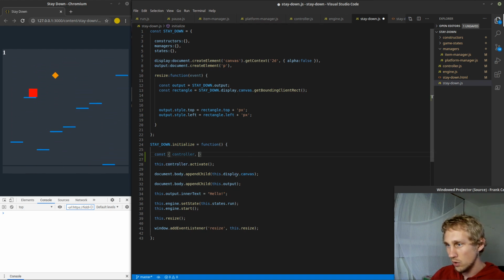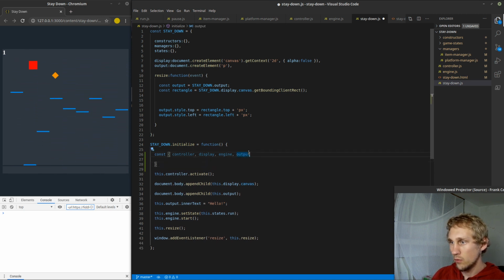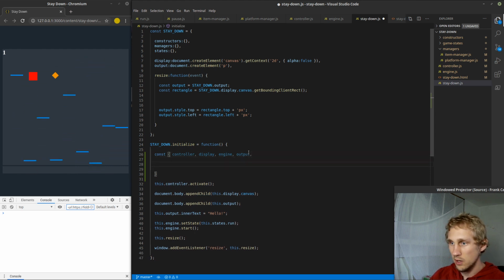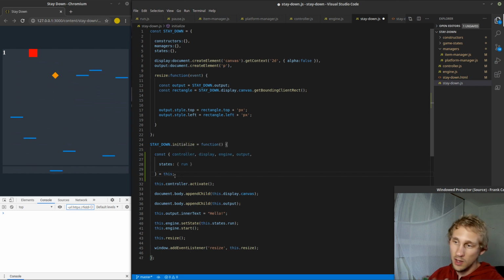All right, so we've got controller, we've got display, we've got output. What else do we got? Engine, there we go, and the run game state. So I'm going to come in here and I'm going to say states run equals this. So I'm literally just defining local constants to pull everything out of the this